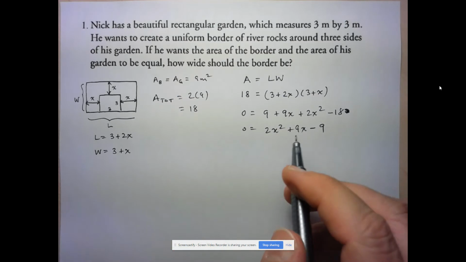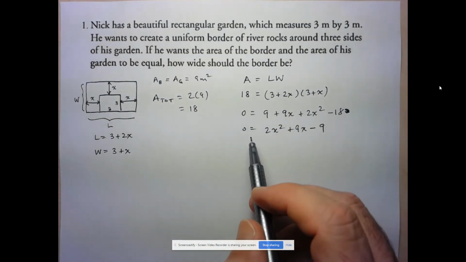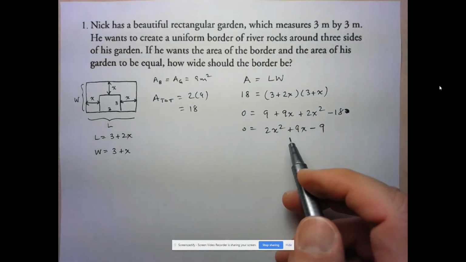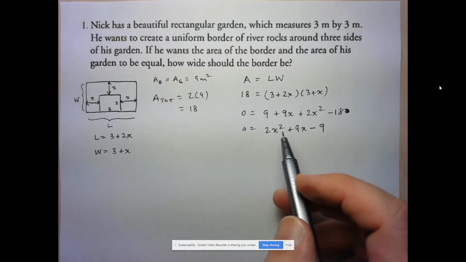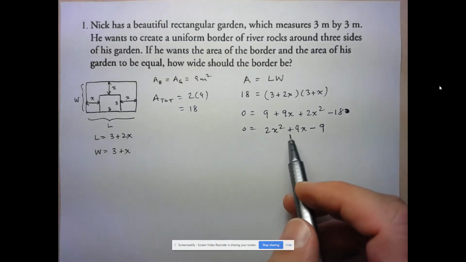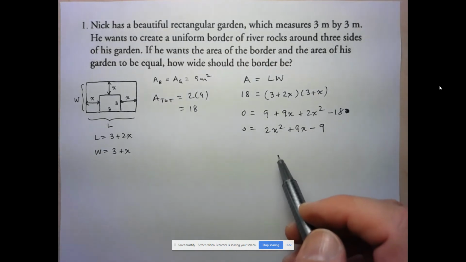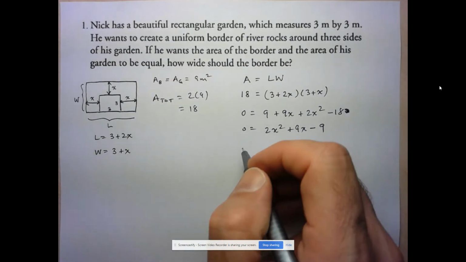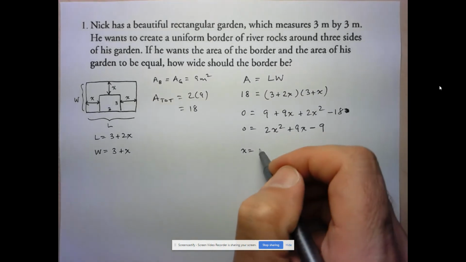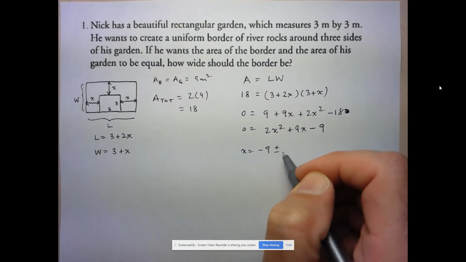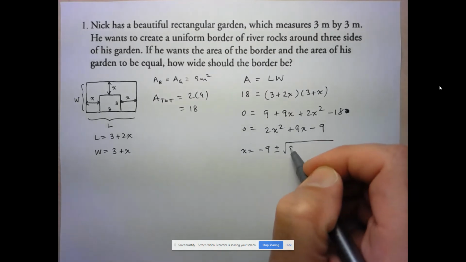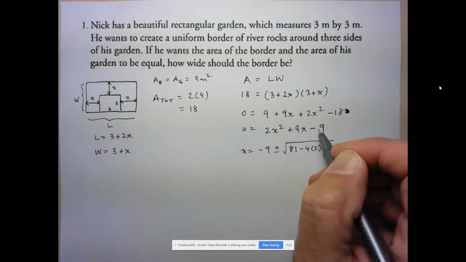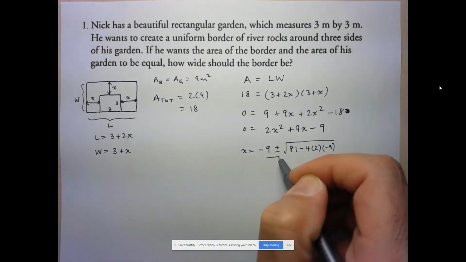All right, now I have not just a quadratic equation, but one that's in the form that'll allow me to use the quadratic formula. Now you could try factoring this. I'm taking a quick look and I don't get a sense that it's going to factor, but you could give it a try if you think it might factor. I'm just going to go straight to using the quadratic formula here. So here x is equal to negative b, so negative 9 plus or minus the square root of b squared, so 9 squared is 81, minus 4 times a, which is 2, times c, which is negative 9,